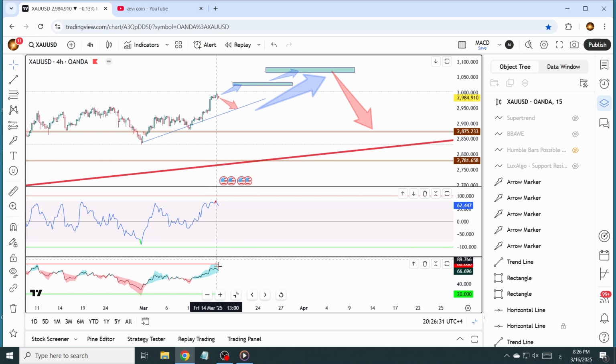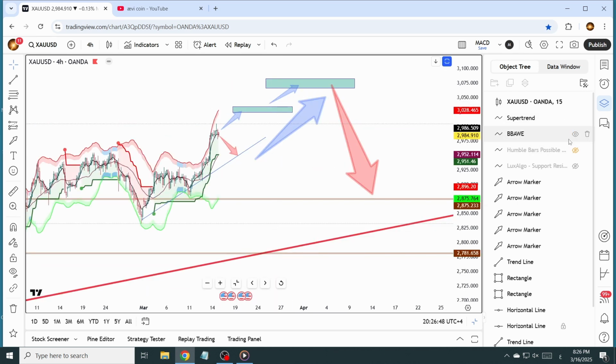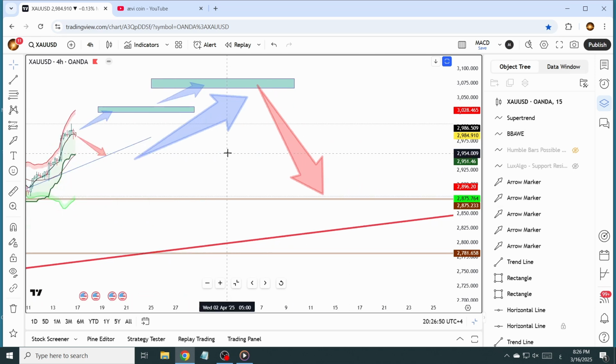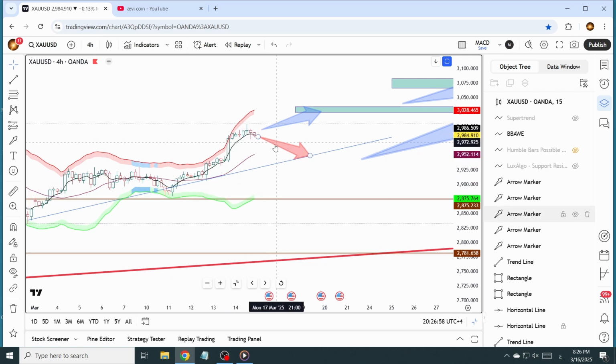So this is the small pullback we need. As we see here, it's overbought, so we need the slight pullback support. Okay, and as long as the gold continues to get its support from the 20 EMA and the 5 EMA, as we see here, the 20 EMA and the 5 EMA, so as long as this support continues, we will see the price to